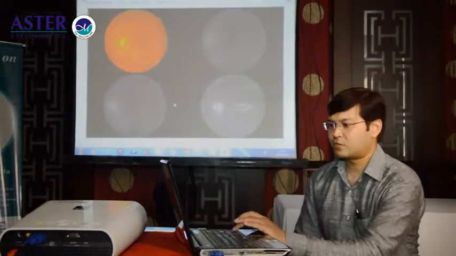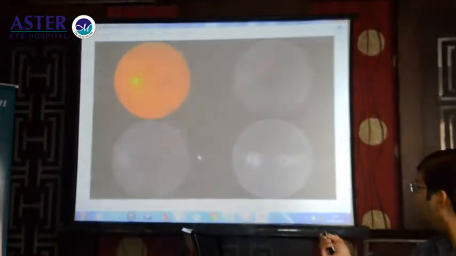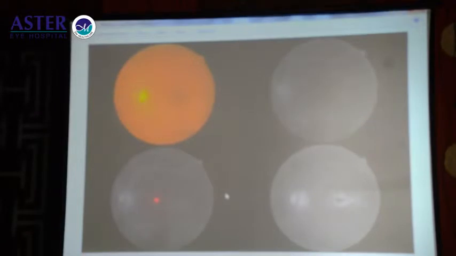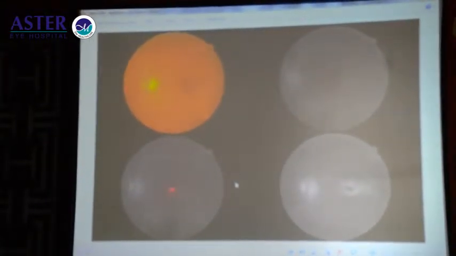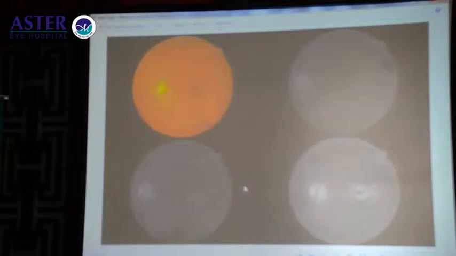Here we see a patient who has macular edema. Now these are the normal. Initially we don't see anything appearing, but there's leakage in the later phases. We can see that there's increased hyperintensity, and we can make out a petaloid, flower petal appearance of leakage, which is characteristic of macular edema, foveal edema.